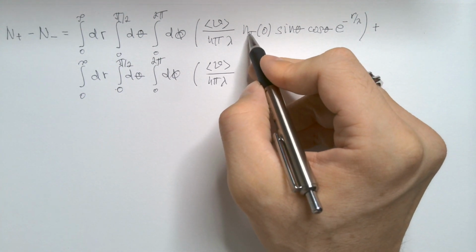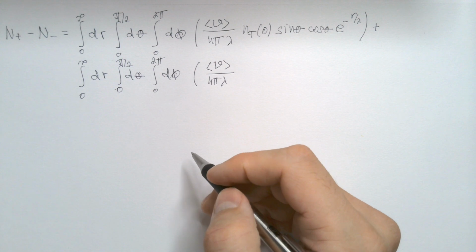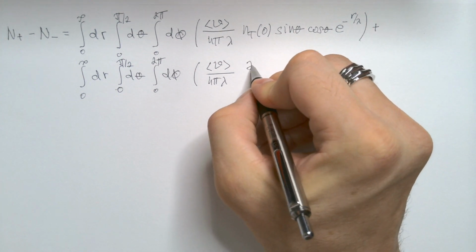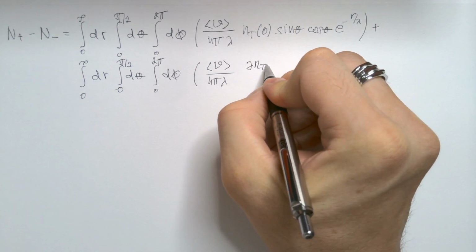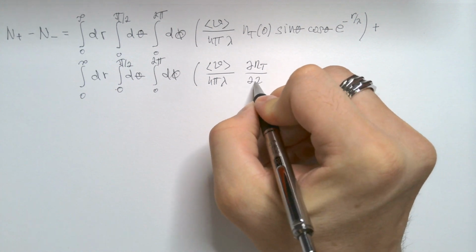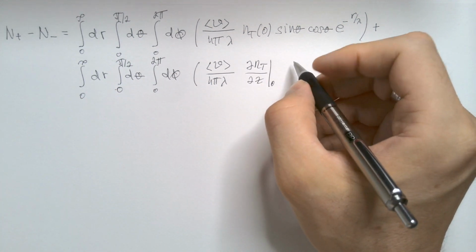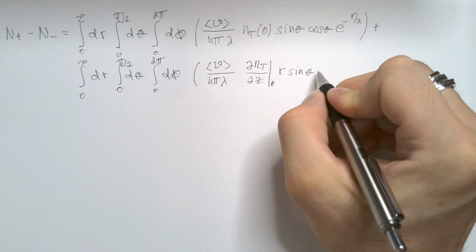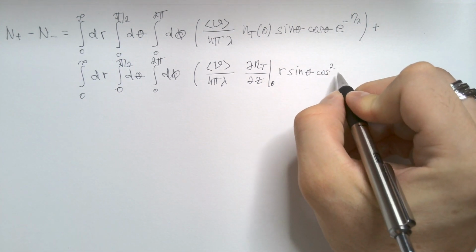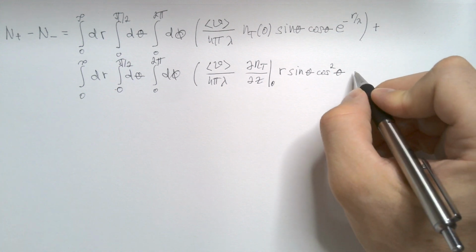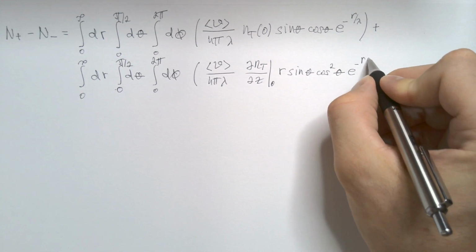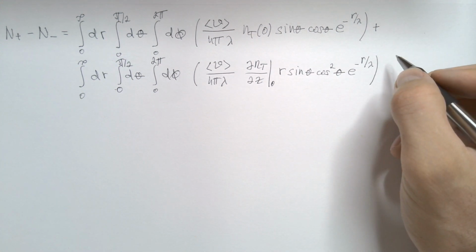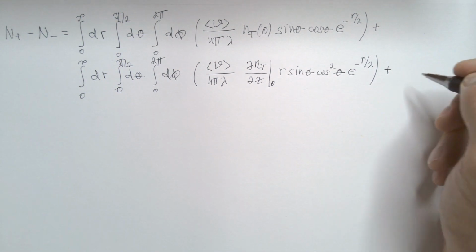But now it's the second term associated with n plus, and that is delta nt, delta z, evaluated at z equals 0, r sine theta cosine squared theta, e to negative r over lambda. And then plus,